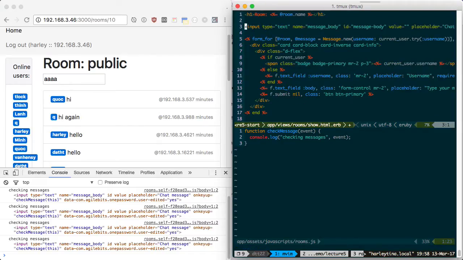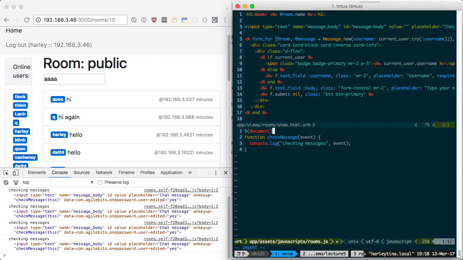I keep the input like this. When is the rooms.js file run, guys? When you load the page, right? So I say, when you load the page, hey, load the page. And after the page is finished loading, all right, what do you do inside here? I say, hey, if there's an element called message body